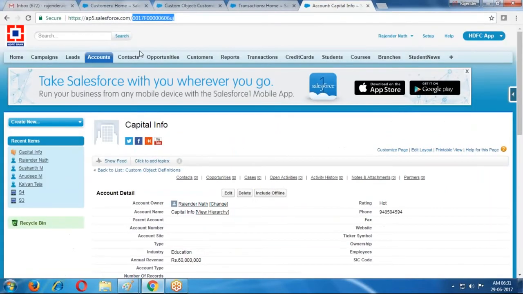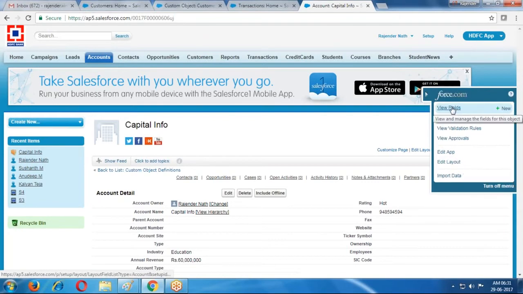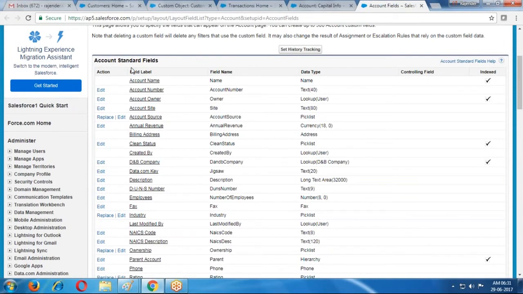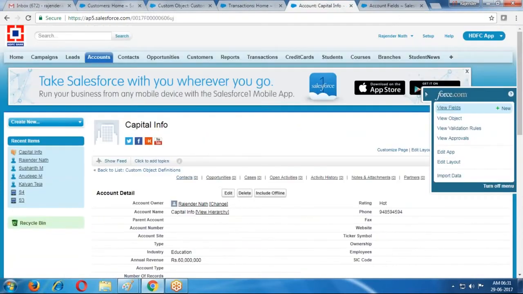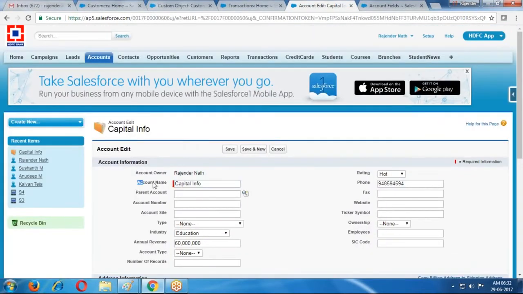So we have account as one object. For the account, if I observe view fields, there is field label and field name. Whatever field labels are there, those labels are external; they are displayed in the screen UI.